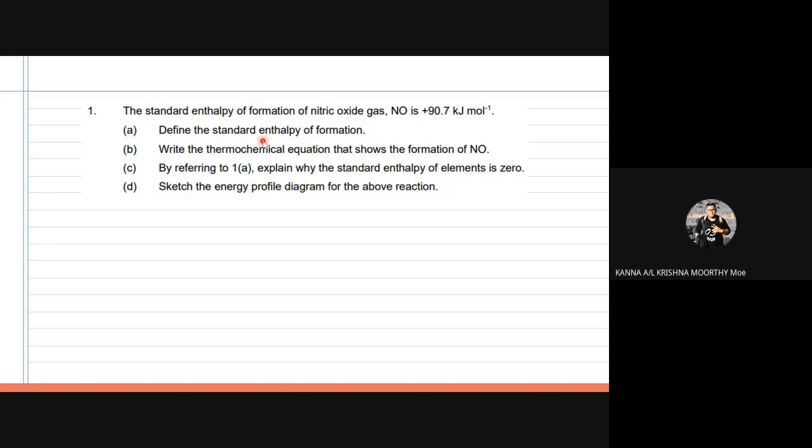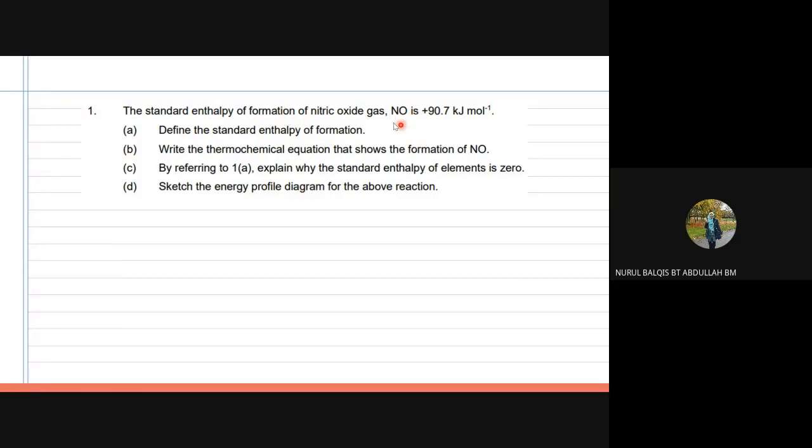Okay, miss. Okay, so heat change. Okay, tu je ke? Lepas tu kita kena sambung. Kenapa heat change? Apa yang berlaku? Okay, heat change when 1 mole of nitric oxide gas. Okay, nitric oxide gas is the specific. Kalau soalan tak minta specific to this species, awak boleh cakap heat change when 1 mole of formation sepatutnya reactant or product. Product. Okay, 1 mole of product is formed from,